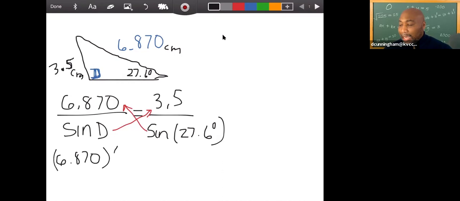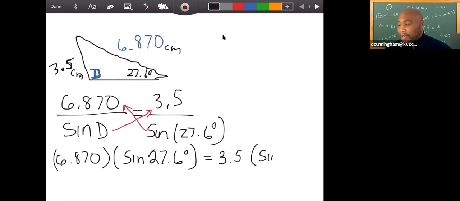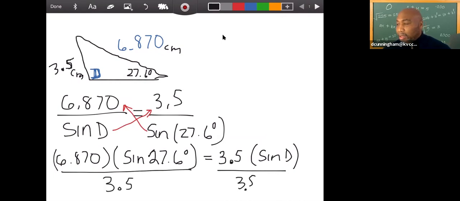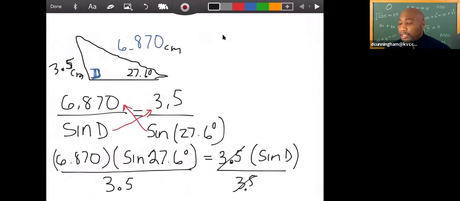6.870 times the sine of 27.6 degrees is equal to 3.5 times the sine of D. So the next thing I'm going to do, and this is 3.5, I'm going to divide both sides by 3.5. And this would cancel here. And so as we look on our next screen, we actually have the sine of D is equal to,